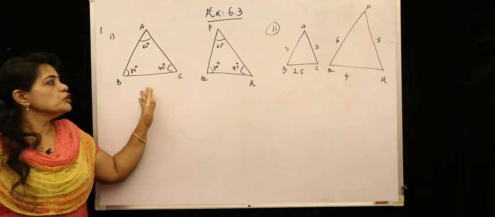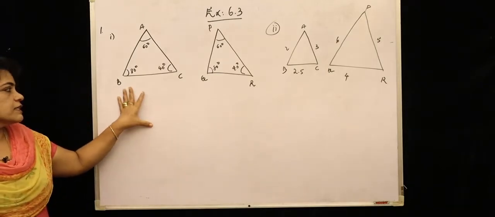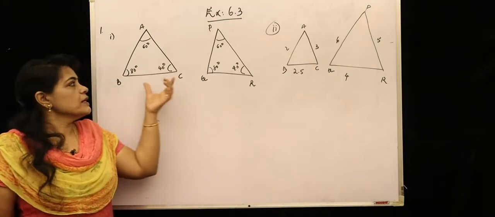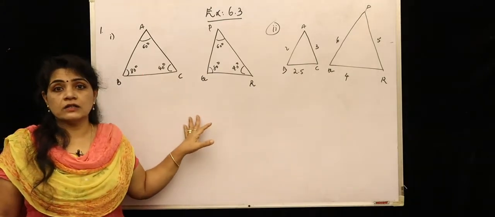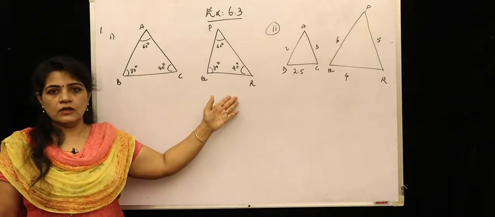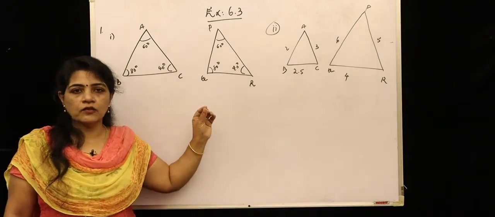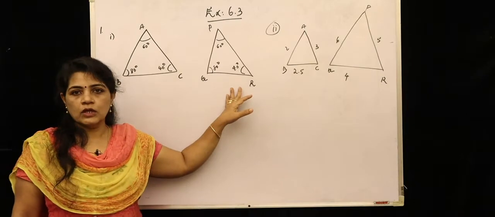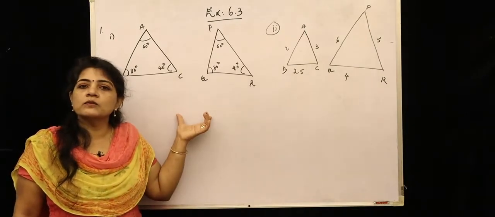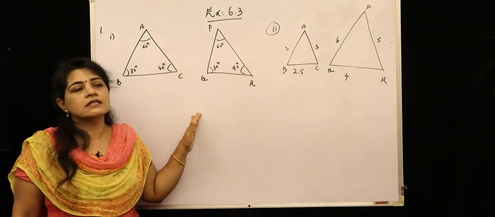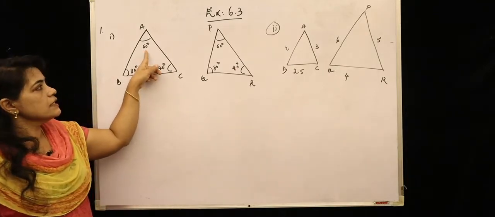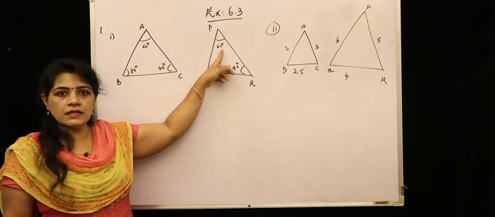Here we have two triangles, the first triangle ABC and the triangle PQR. Here the measurement is in terms of angles. All the three angles are given. So the only thing is you just verify that all the three angles are there in the second triangle also. If so, these two triangles are said to be similar under the AAA criterion since all three angles are given. See here, you can see 60 degrees, here for angle P it is 60.